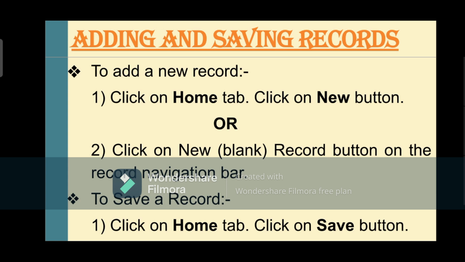Or we can add a record another way also, by clicking on the new blank record button which is in the record navigation bar. Okay, how to save a record? First we click on the home tab, then click on the save button. Whatever record we made will be saved automatically.